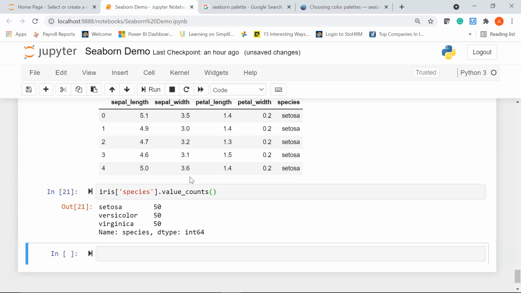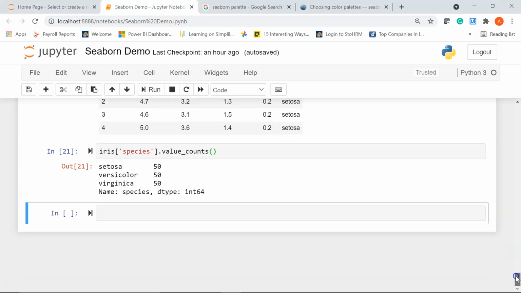Let's run it. There you go. So we have 50 flowers of Setosa type, 50 flowers of Versicolor species, and another 50 flowers of type Virginica. So there are a total of 150 flowers present in our dataset.